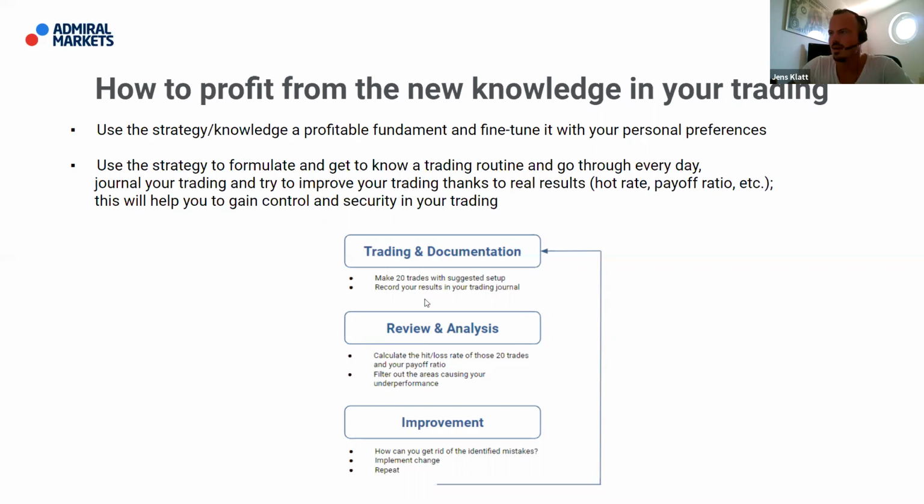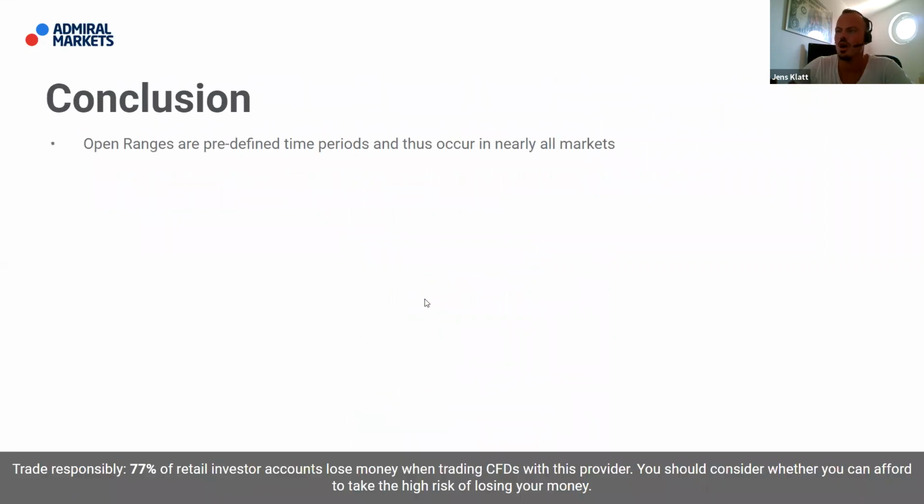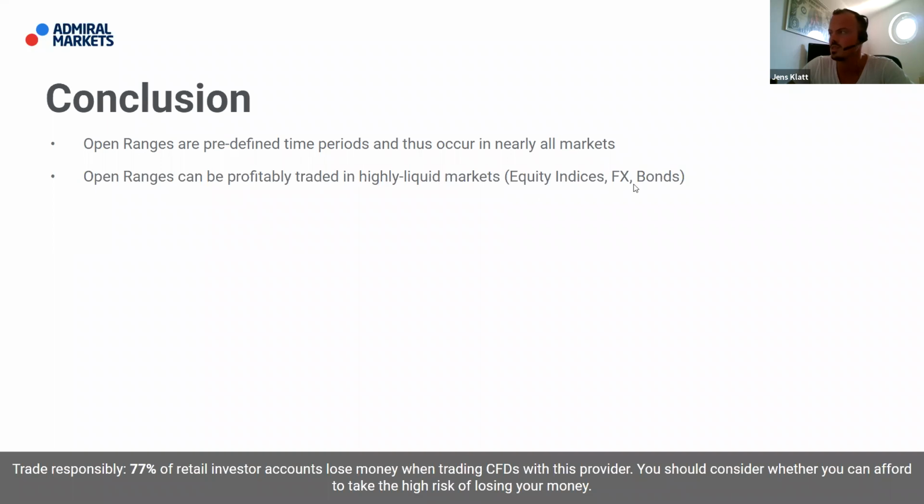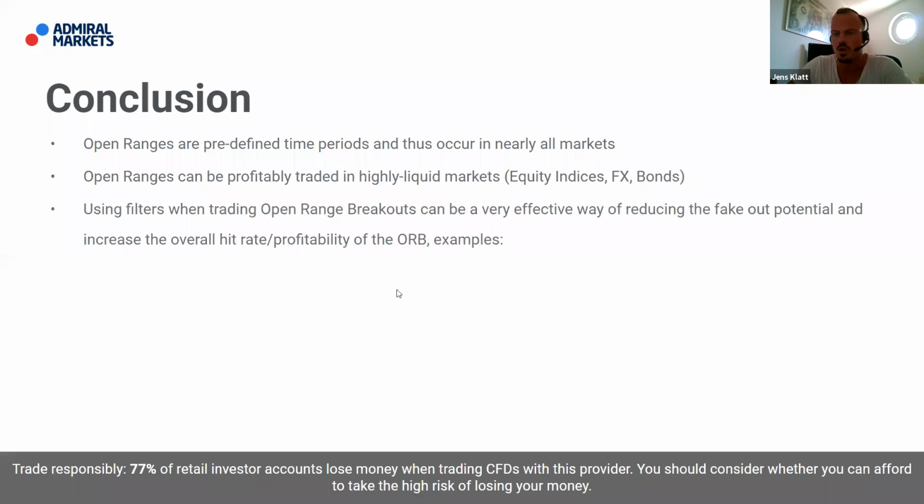Yes, so that's it on this. So the conclusion is open ranges are predefined time periods and thus occur in nearly all markets. We already said this. Open range can be profitably traded in highly liquid markets, especially equity indices, FX, bonds, also blue chips like Google, Microsoft, all this. You find out your preferred asset here, and then you can start defining such ranges